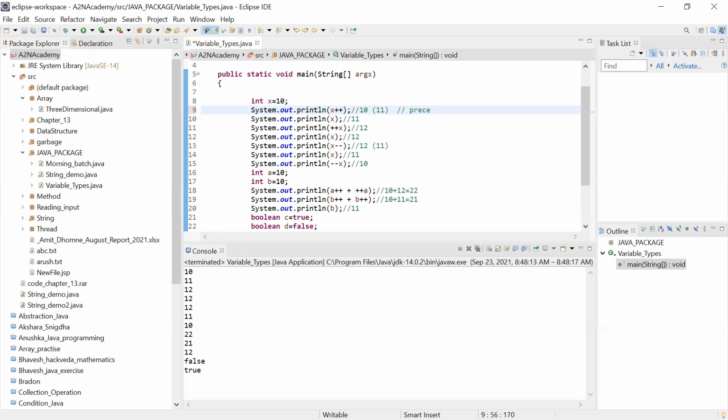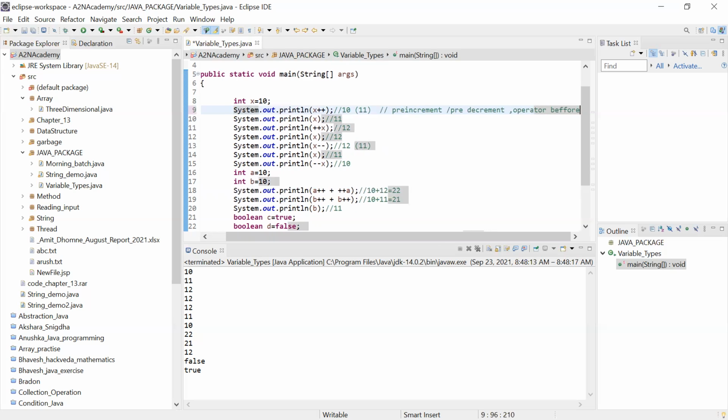I know some of you know it, but some of you might forget about it. So remember this. Pre increment means what? Where the operator is before the variable. Pre increment and pre decrement: operator before variable.